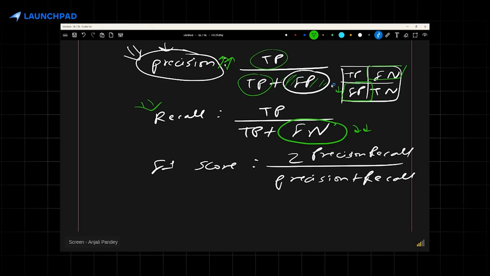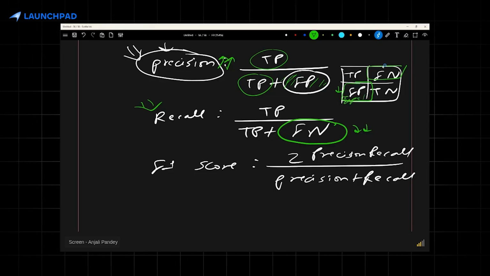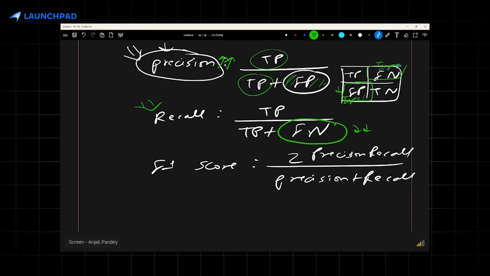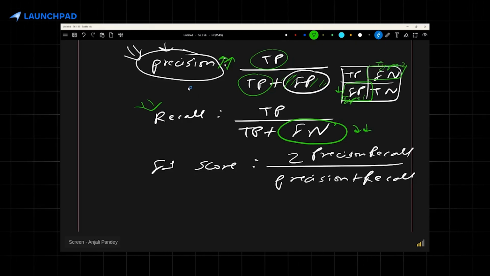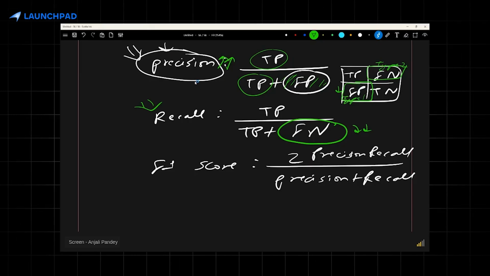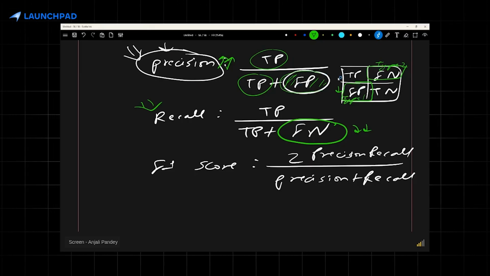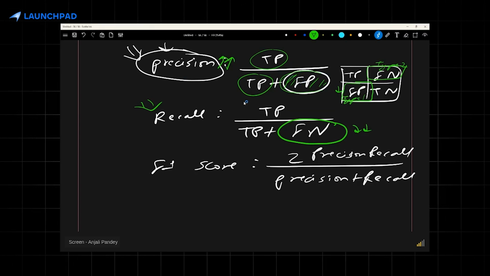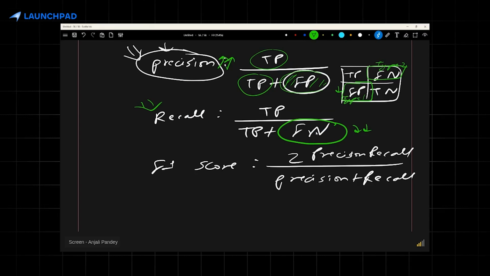This error is your type 1 error. We'll talk about type 1, type 2, just a naming convention. Type 2 error. Okay, this is how you can understand. If I say that I need better precision, it means that I need fewer false positive mistakes in my model. If I'm saying that I need to improve my recall, it means that I need fewer false negative cases in